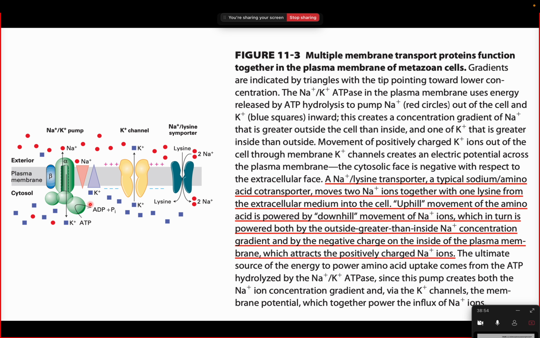The ultimate source of energy to power the amino acid uptake comes from the ATP hydrolysis by the sodium potassium ATPase pump, since this pump creates both the sodium ion concentration gradient and, via the potassium channel, the membrane potential, which together power the influx of sodium ions. So you can clearly see how beautifully they work in synergy, maintaining the concentration of one ion relative to another, which leads to the transportation of an amino acid from one side to the other. All these active transport and passive transport channels work together to maintain the cell's concentration gradient across the